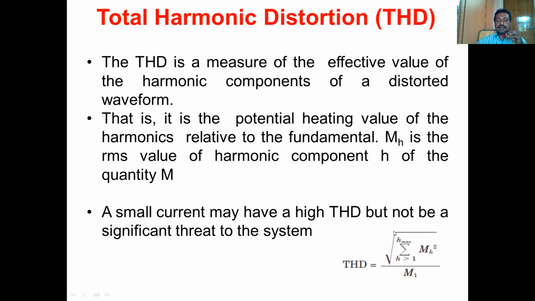So the ratio between harmonic quantity to fundamental quantity is also called THD. This value can be measured in terms of RMS. So fundamental quantity M1 times square root of 1 plus THD square is indicated as the total RMS value. The actual RMS value without harmonics is equal to M1 only. But when the waveform is non-sinusoidal due to harmonics, this quantity is added to determine the RMS value of either voltage or current.